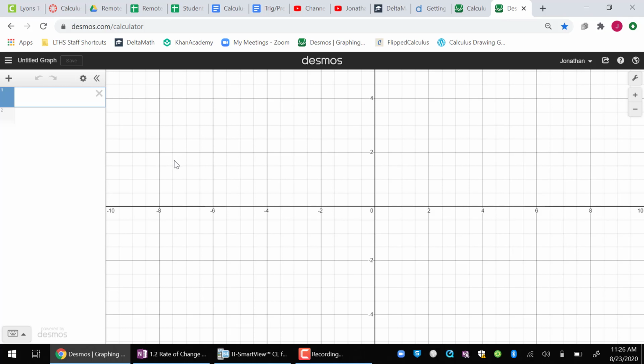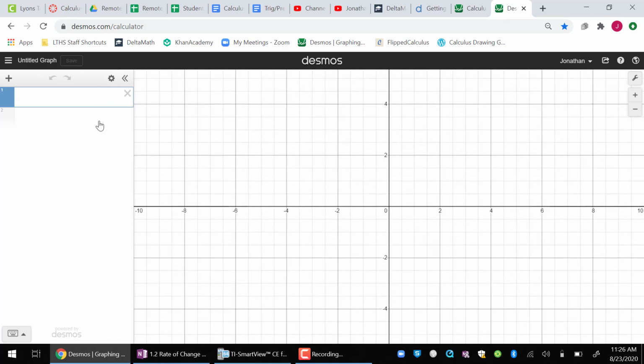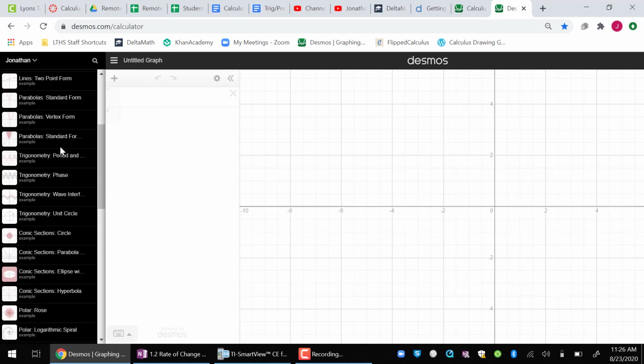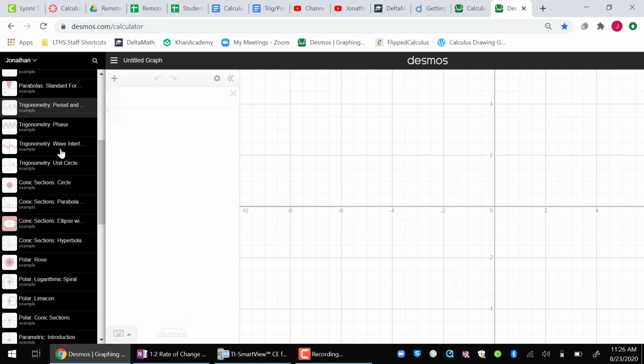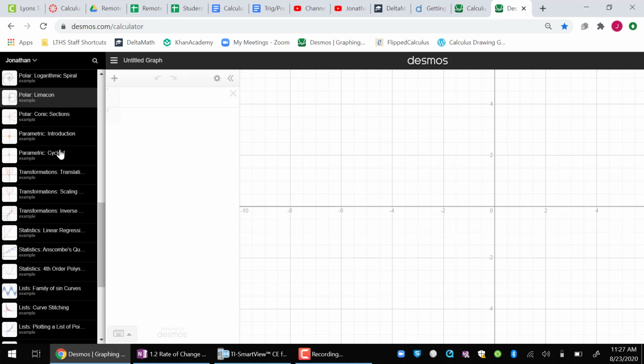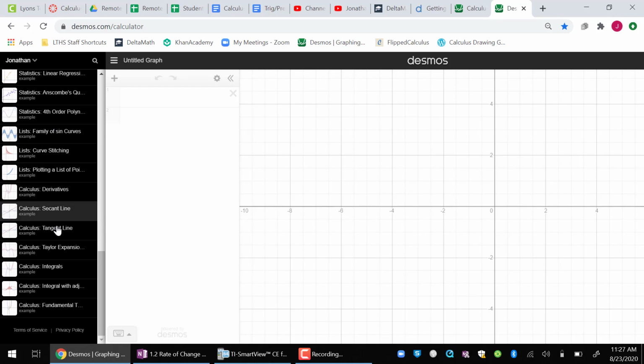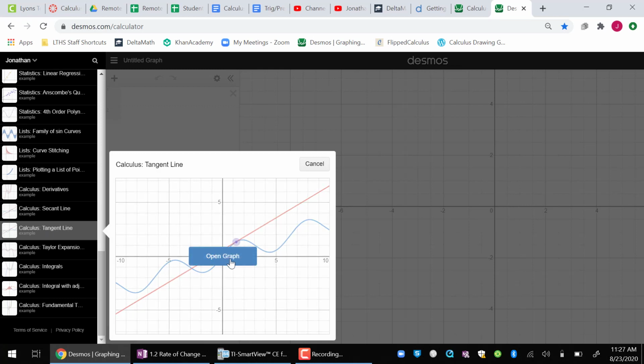What I'd like you to do is to click on these 3 horizontal bars where it says Open Graph, and there's a series of pre-built Desmos mathematical analysis graphing systems that you could pull up here. There are a couple at the bottom that all say calculus. The one I'm going to look for is the one that says tangent line. So if you want to click on that and click Open Graph,